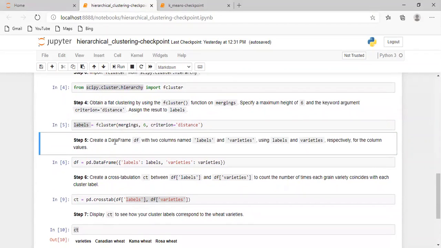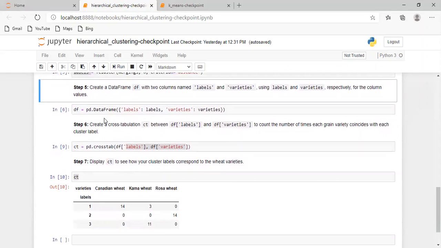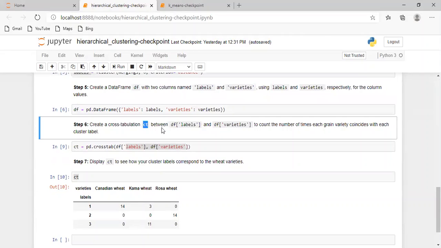Then you create a data frame called df with two columns named labels and varieties.